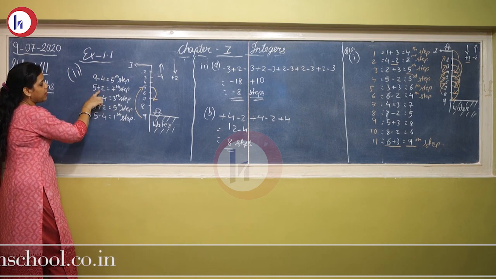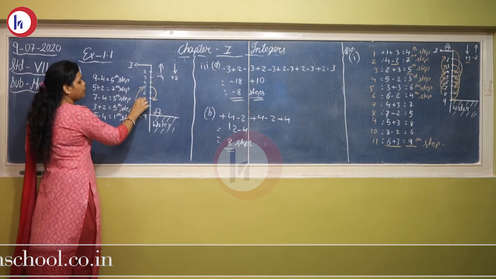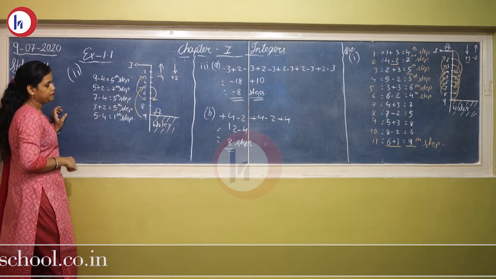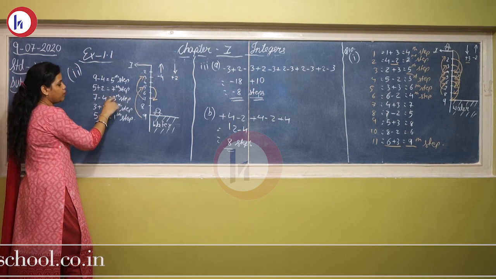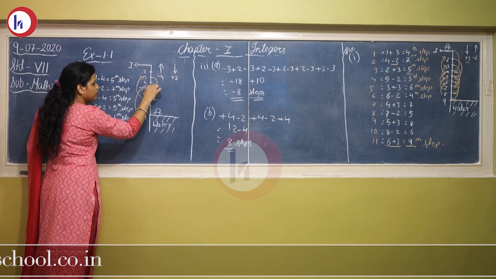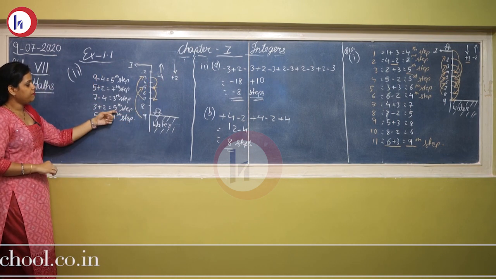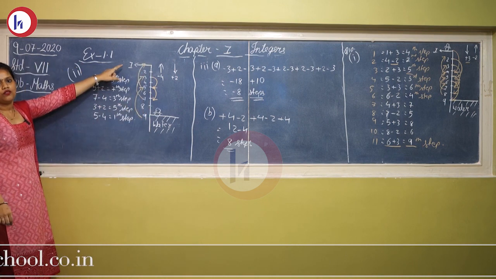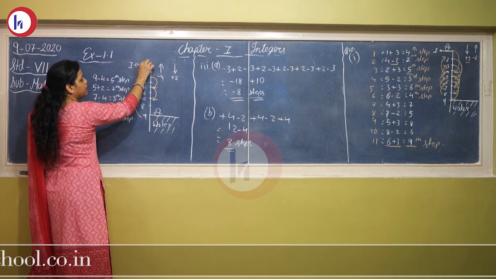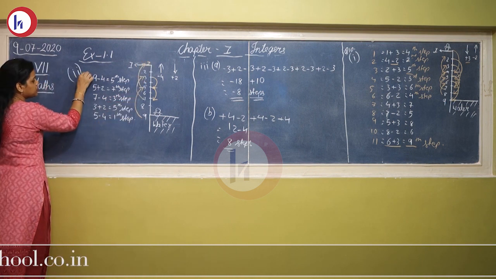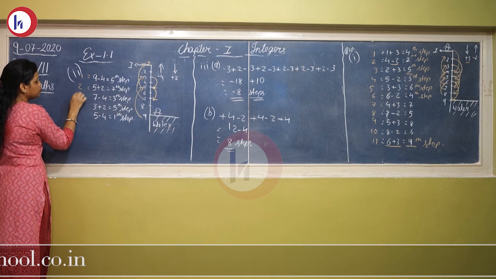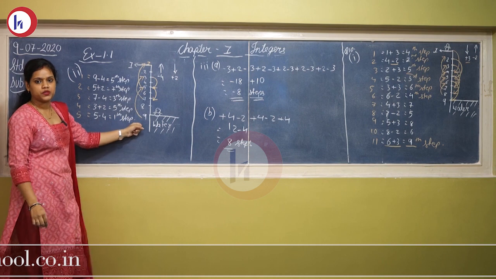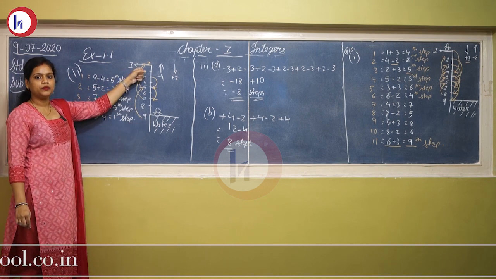So 5th, 5 + 2, now he is on 7th step. Now from 7th step again he is going to jump 4th step up. So he is on 3rd step. From 3rd step he will again come down with 2 steps. So he is on 5th step. From 5th step he will again jump 4th step. So finally वो पहुँच गया number 1 पे. So how many jumps? 1, 2, 3, 4 and 5. So in 5 jumps he will be back on step number 1.